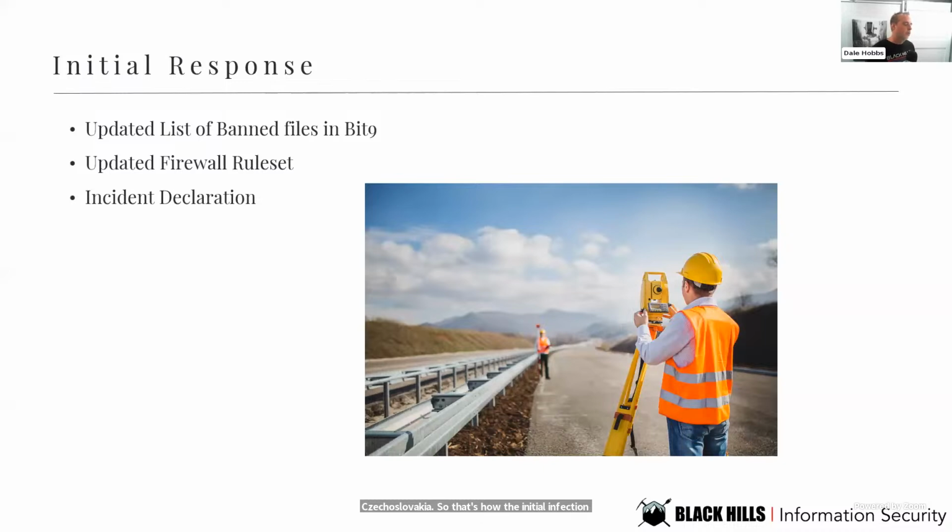Now, as an initial response, there were a couple of things they did. First off, in Bit9 itself, they banned winsrv.exe and 2.vbs. They did use the hash value, which was great. Banning by file name is not an ideal choice. It will work in a pinch, but this could cause some issues, as sometimes malicious files are named the same as legitimate files. So if you just block by file name, you could actually block a legitimate file that needs to run. So banning by hash is a better choice. Still can be bypassed though. As many of you know, simply adding a white space into the file name will change the hash value. So not an ideal solution either, but it's better than nothing, right?